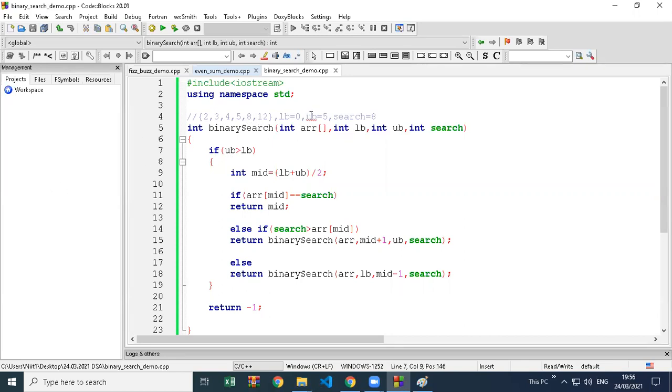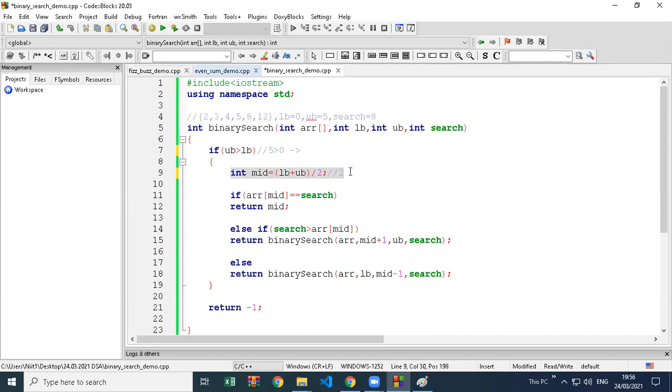So now we are first of all checking if the upper bound is greater than lower bound. So what is upper bound? 5. Is it greater than lower bound? Yes, because the upper bound should of course be greater than lower. And yes, it is true. So now tell me what is lower bound value? Lower bound is 0. Upper bound is 5. So 0 plus 5, 5. And 5 divided by 2 is 2.5. Correct, same logic which we used in that theory concept for searching. So we are calculating the middle. Lower bound plus upper bound, 0 plus 5, 5 divided by 2 is 2.5. Because it's an integer variable, it will not take the point values. So we got 2 here.